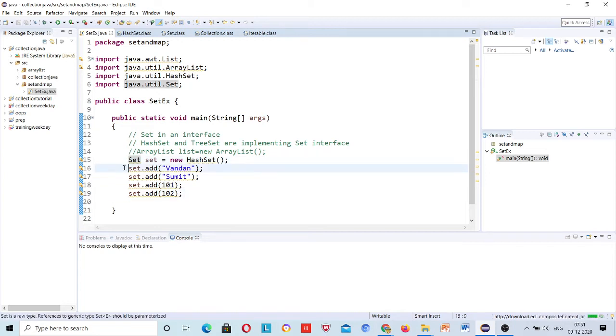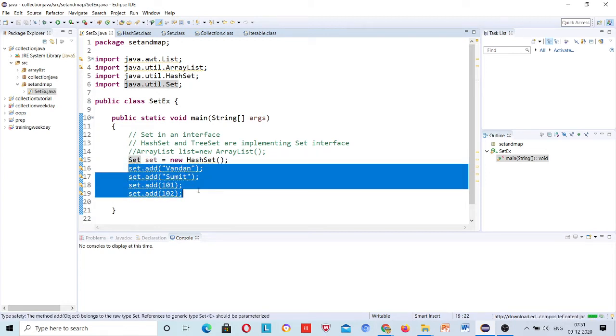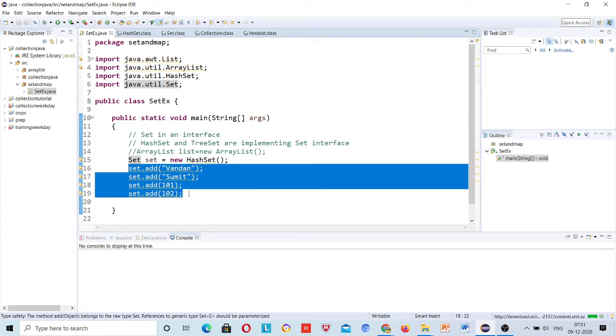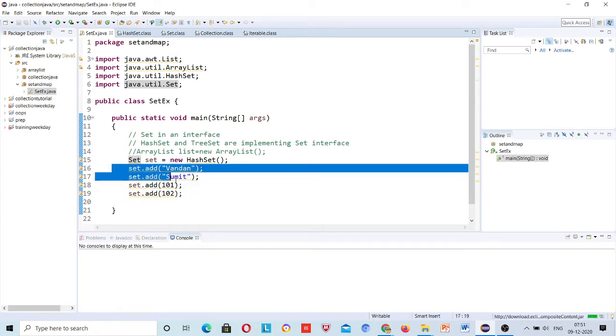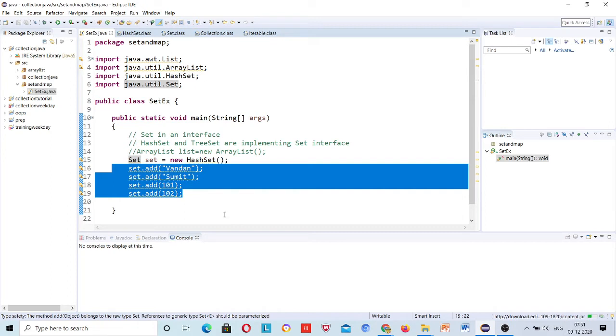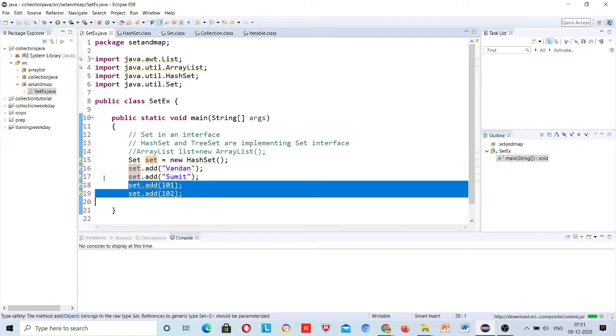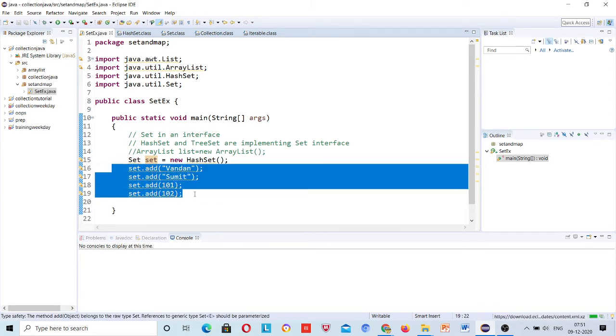currently I am adding like this, right? Just remember how we are adding values here. Tomorrow I will show you the problem that comes with adding values like this. So you need to understand first how we are adding values using the add method. It is in a form that we cannot remember, right?